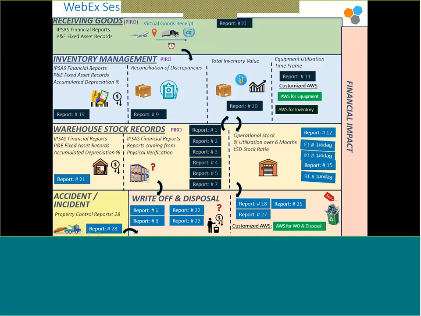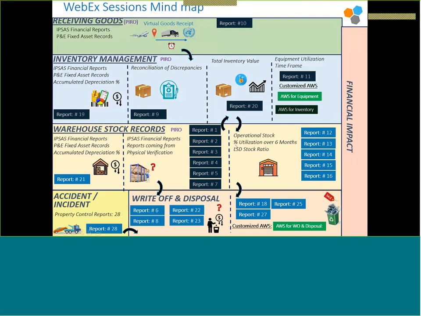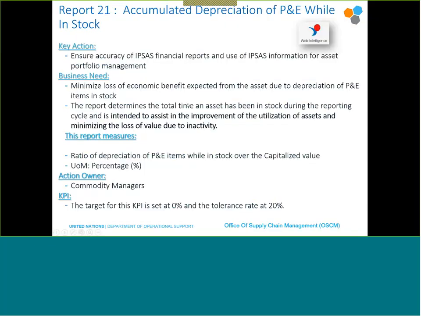Tomorrow, I guess we'll have time to go through reports number 12, 13, 14, 15, and 16, which are the reports more related to equipment surplus and the operational equipment, the one that's been used and utilized. But let's go real fast through report number 21, which is accumulated depreciation of the fixed assets while they are